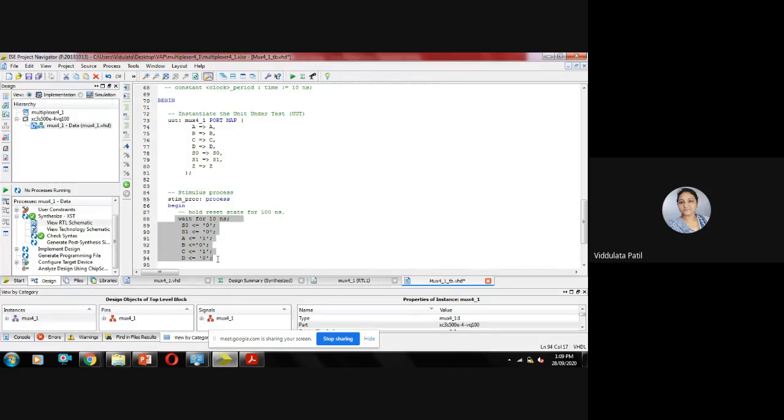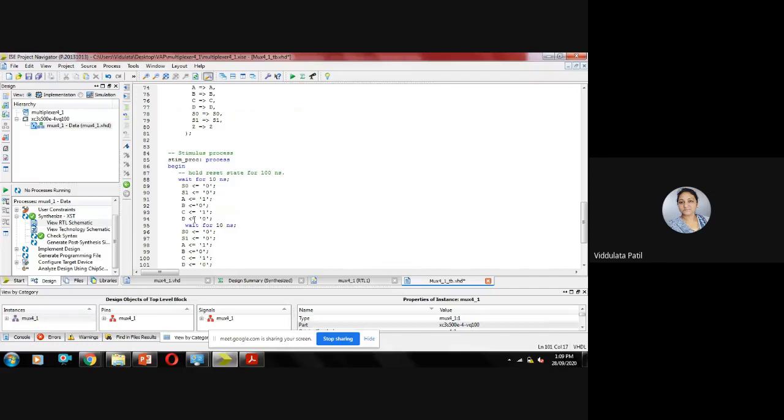Okay, I'll just copy this and paste it again. Again we are going to wait for 10 nanoseconds, and then we will make S0 equal to 1 and S1 equal to 0. Let us keep A equal to 1, B equal to 1, C equal to 0, and D equal to 0. Now in this case, what should be your output?